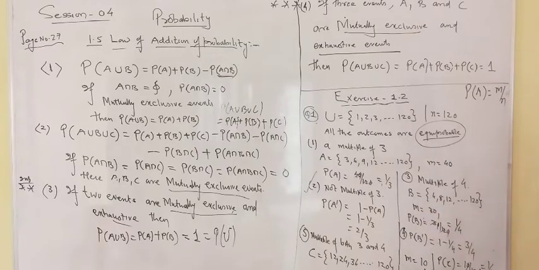Again one of the parts is given, not a multiple of 4. There is one more part given. Go through the question. I have written a solution of this question. Not a multiple of 4. Not means complementary. So probability of B dash is equal to 1 minus 1 by 4, that is 3 by 4.